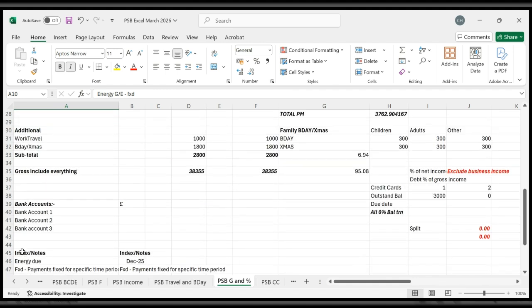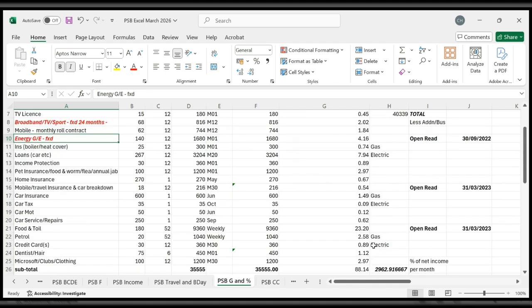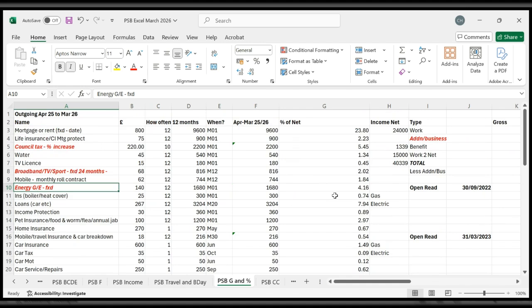And I think I also mentioned in the last video about putting bank balances in there. So yeah, that's now really a fully complete personal survival budget. The only additional thing you might want to put in there is things like if you want to keep an eye on your gas and electric. So you may get monthly